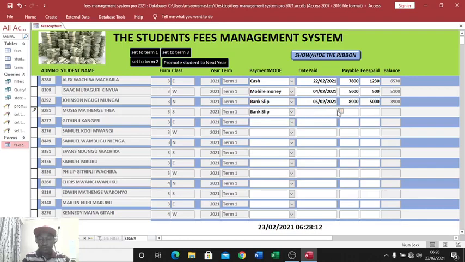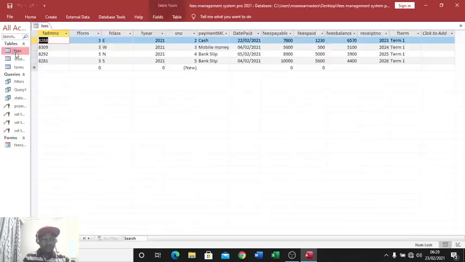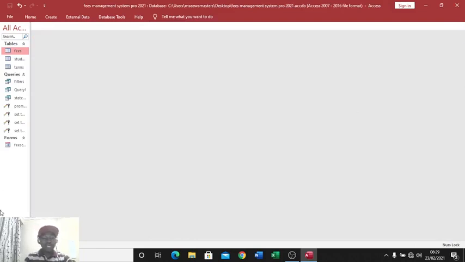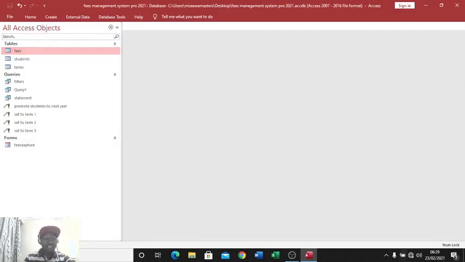Then this one also is required to pay 10k, but I had paid 5600. Okay, ladies and gentlemen, let's now go to the form and see how far this one works. Therefore, if I cross this one, then I go to fees child table. There we are, ladies and gentlemen. You realize that the parent table is duplicating data in the child's table as expected. Then after having done that, we can go ahead and create a filter form whereby we shall expect